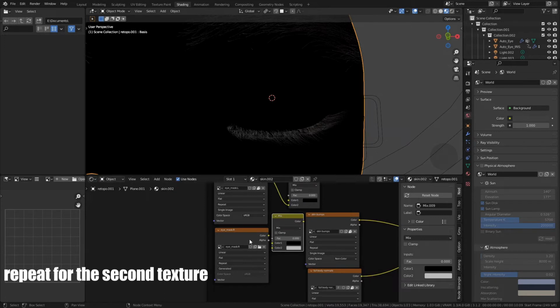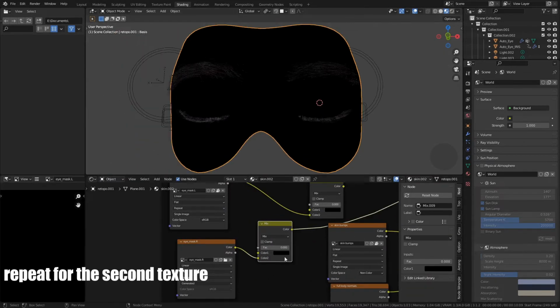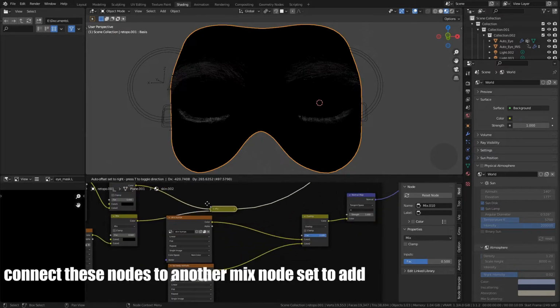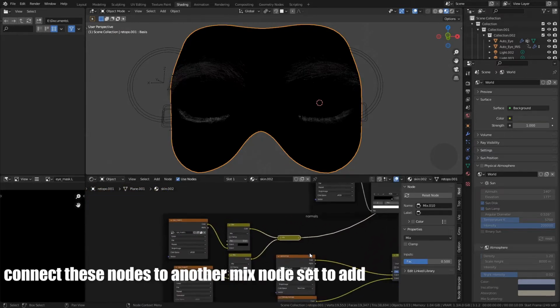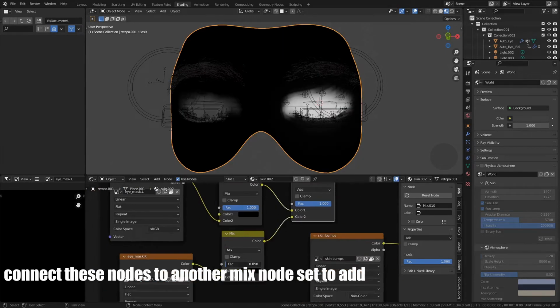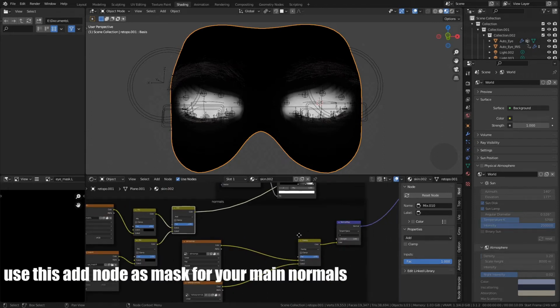Repeat for the second texture. Connect this node to another mix node set to add. Use this node as mask for your main normals.